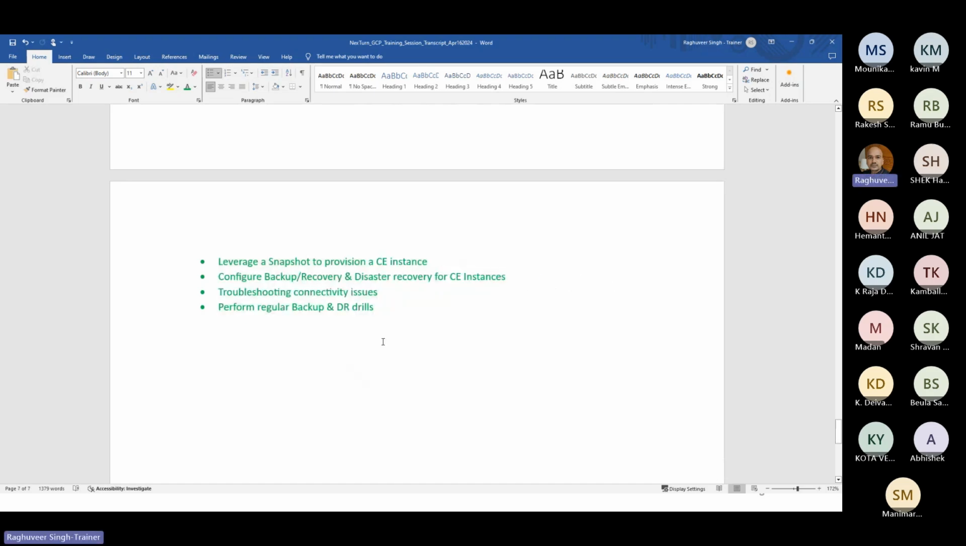Okay, one more thing that I forgot to mention from a security perspective, which is dealing with configuring and troubleshooting access issues, connectivity issues from a networking perspective, access issues from an identity and access management perspective, and then configuring and troubleshooting access issues